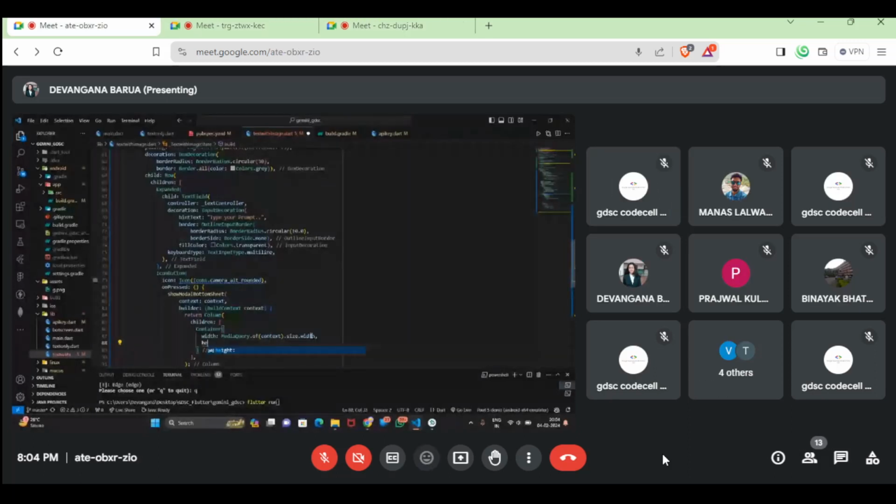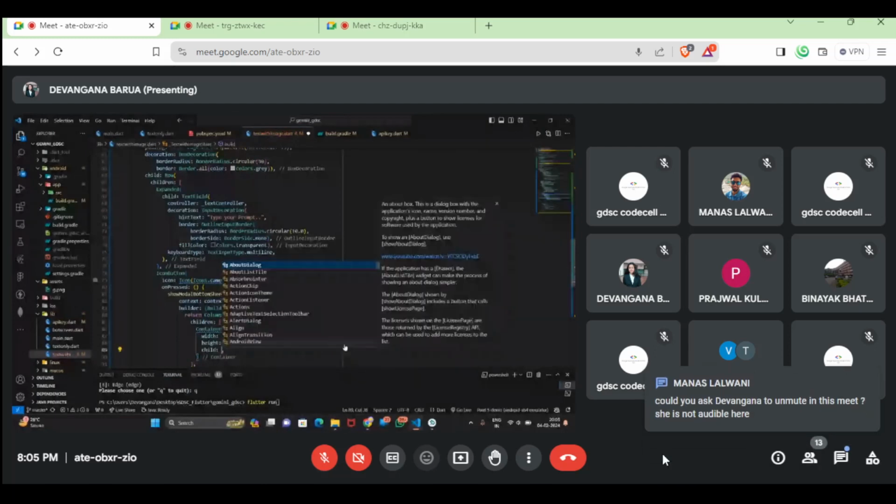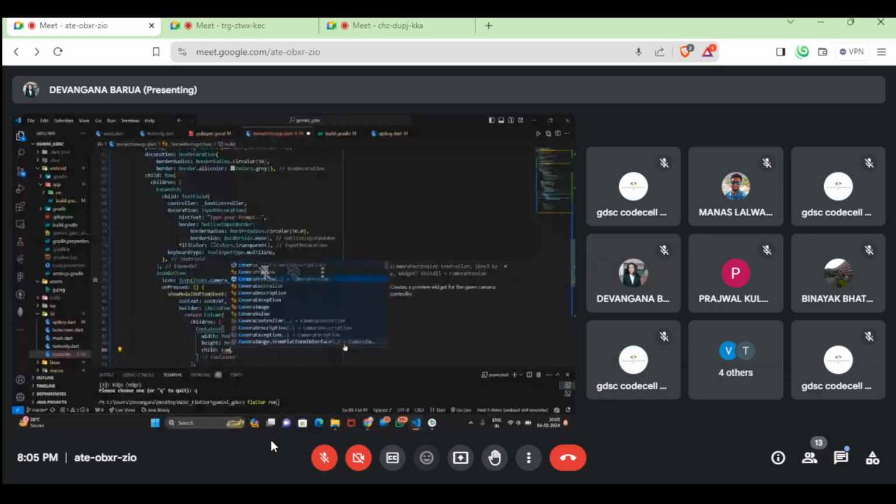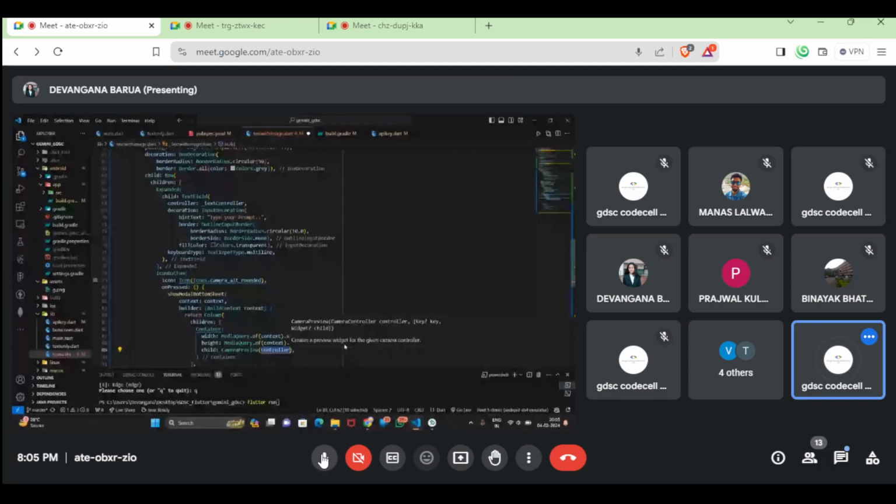And the height is going to be, we are going to use media query only. Just replace this with height, and we are going to take not the entire height but a part of it. So we are going to take a ratio. I think 0.35 would be good, decent. And we are also going to pass a child property where we are going to have this camera preview constructor, wherein we will be passing our,